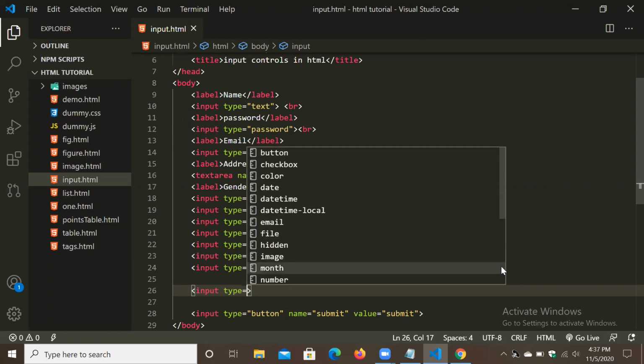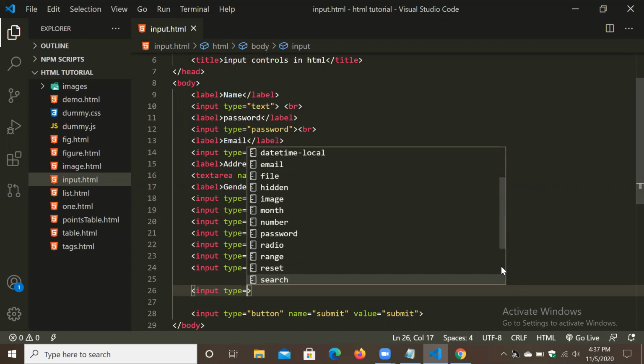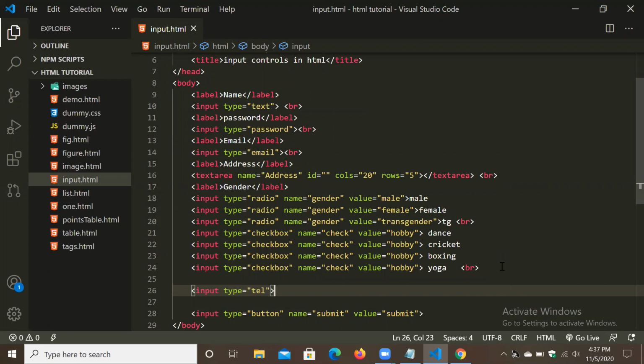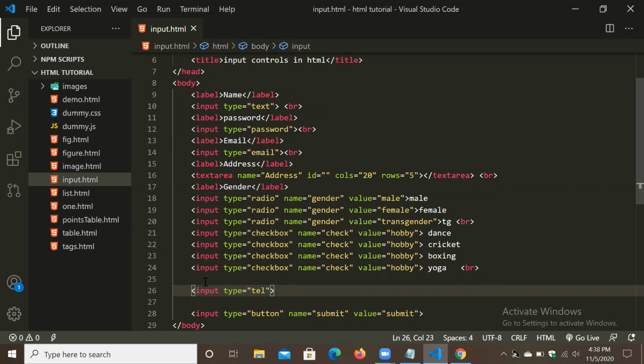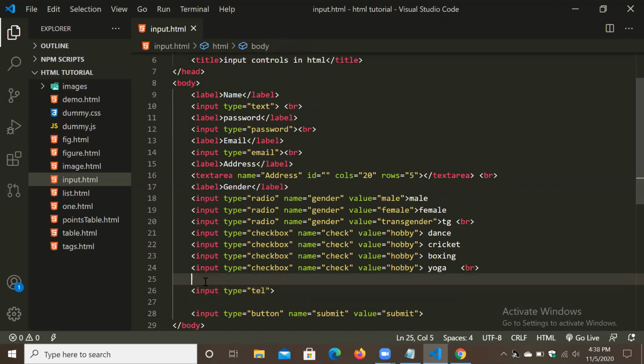Okay, so now we will select some. Telephone we will select, input type telephone. So see what happens, refresh. So the box came for telephone. We have to add one label here.